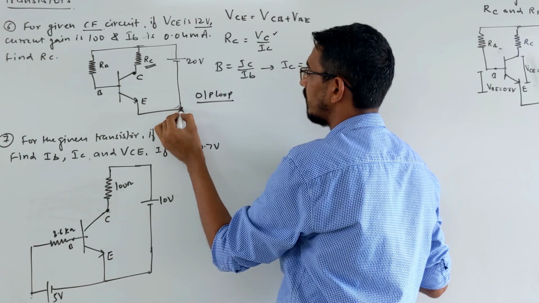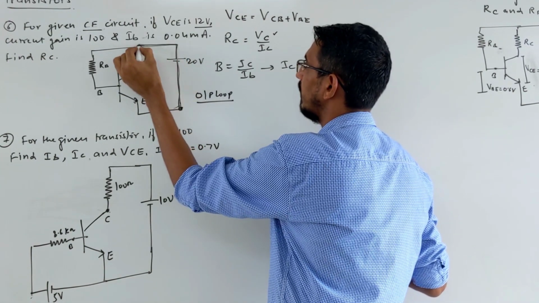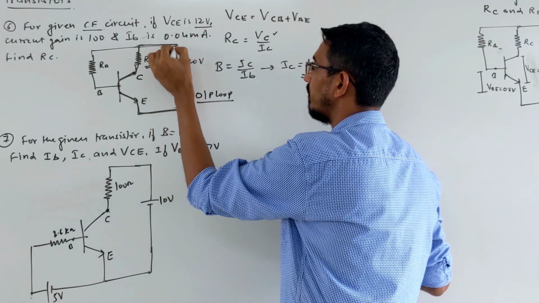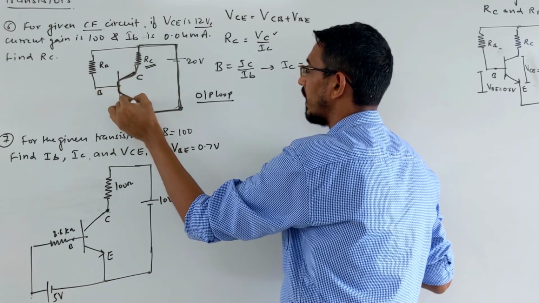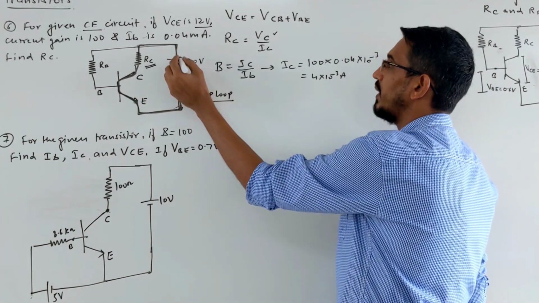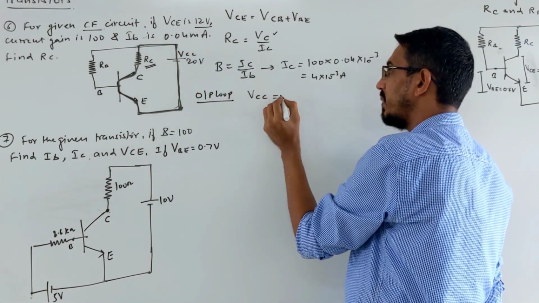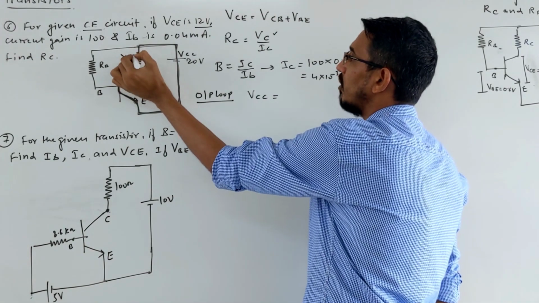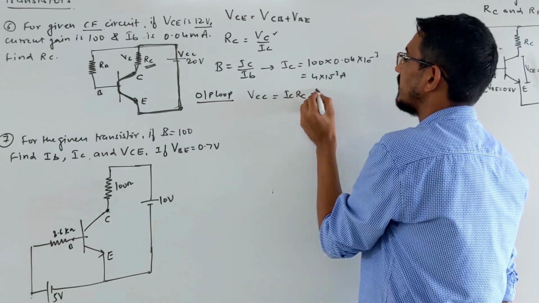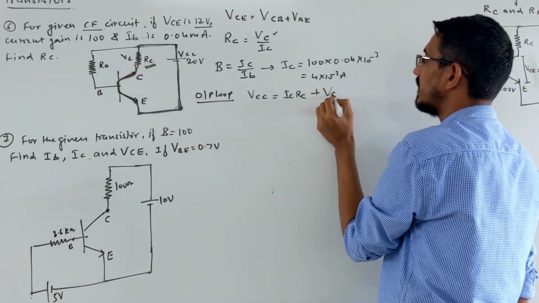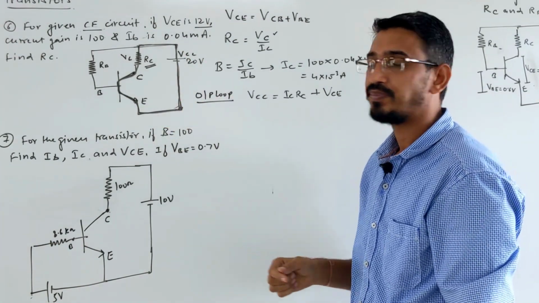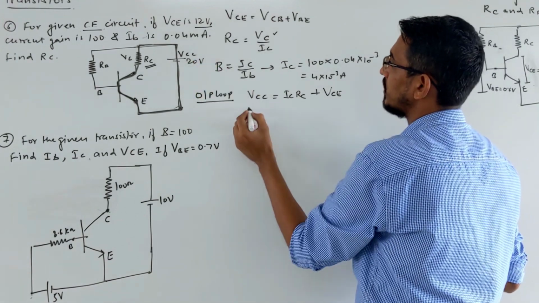You can start from any point. Let's start from here: you went through the battery, then this resistance, then this junction C to E, and back. This is the output loop I am taking, and here I will apply Kirchhoff's law. Or if you don't want to apply Kirchhoff's law, this output battery, called VCC, is equal to the voltage drop here, which we call the output voltage, ICRC or just VC itself, plus the voltage drop C to E, VCE. The total voltage drop in this loop should be 0.